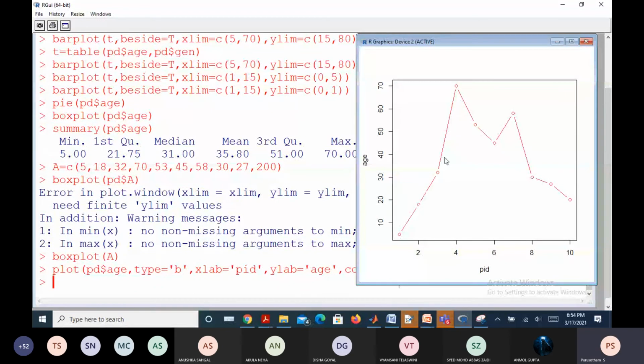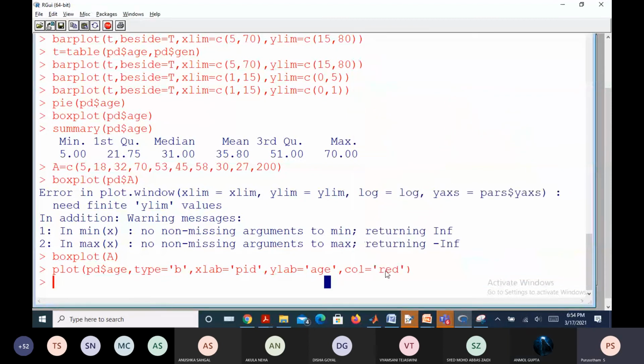Is the color changed? If you want blue, you can add blue. If you want green, you can add green. If you want black, something like that. You need to know the expressions for different colors. Once you understand how to add them into the syntax, then accordingly you can make different colored plots.